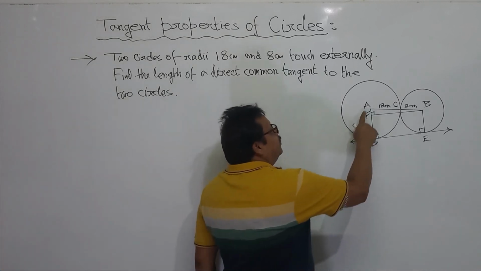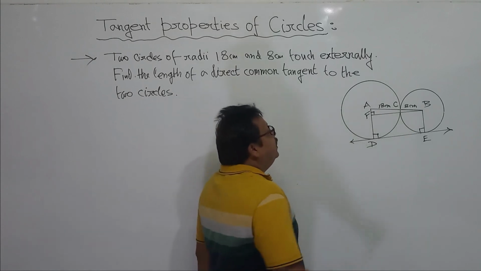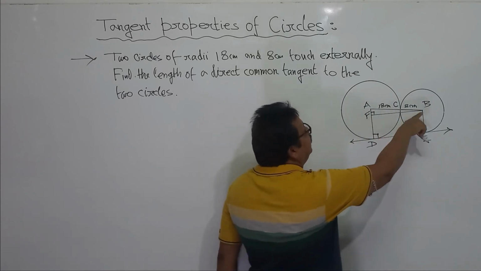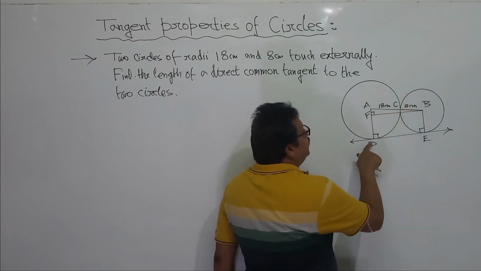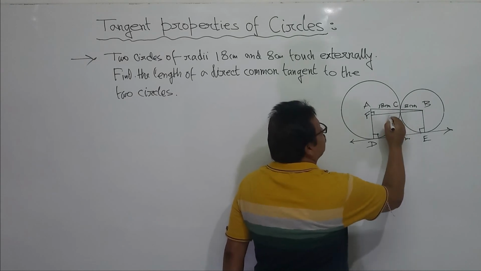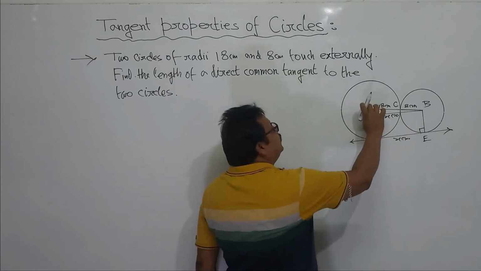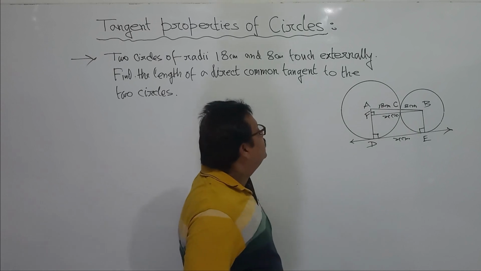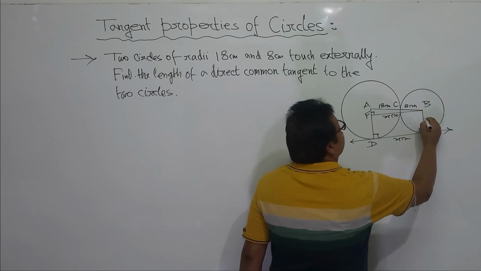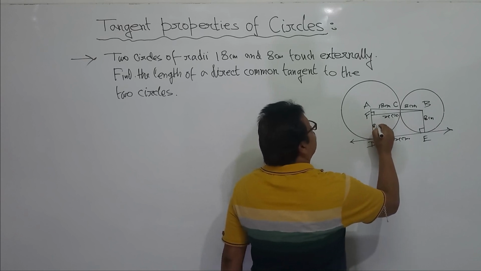Now, before going to that point, taking the triangle, of course, you have to find the lengths of the triangle. Here clearly AB is 18 plus 8. You have to find the length of DE, that is FB. Let this length be x centimeter. So this also will be x centimeter. Correct? So what will be the length of AF? Of course, BE is what? 8 centimeter. So this also will be 8 centimeter.